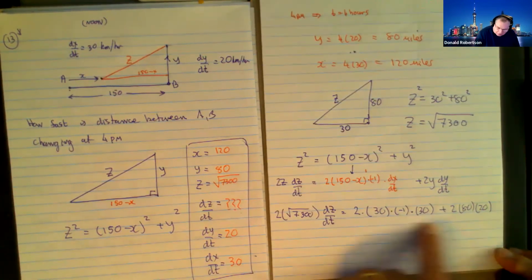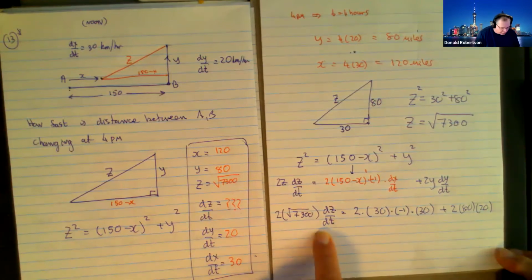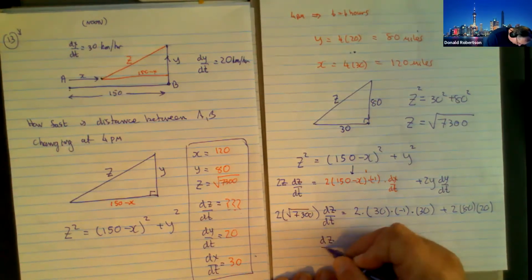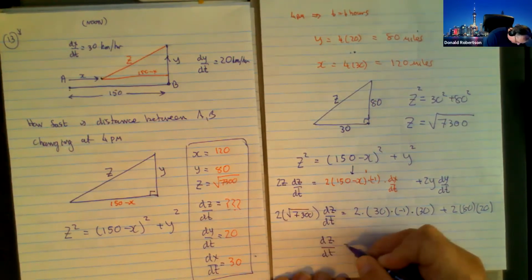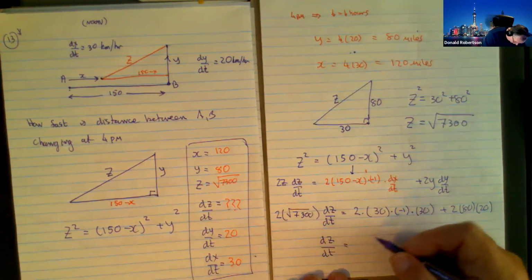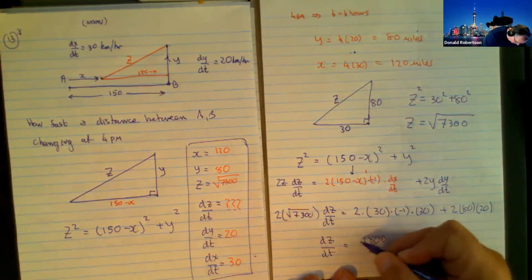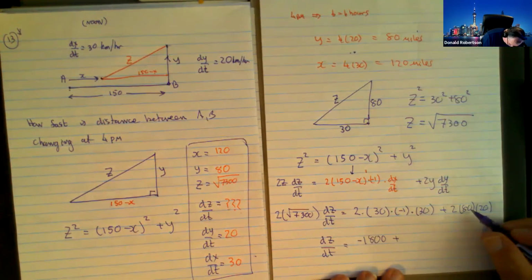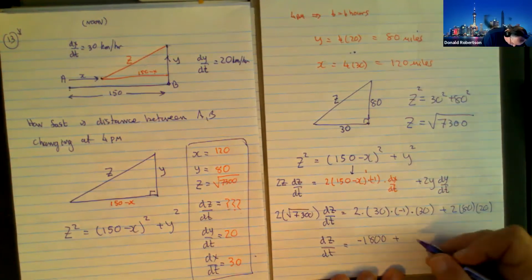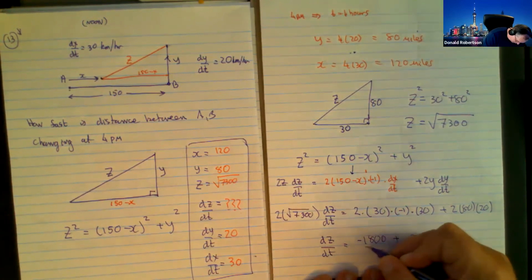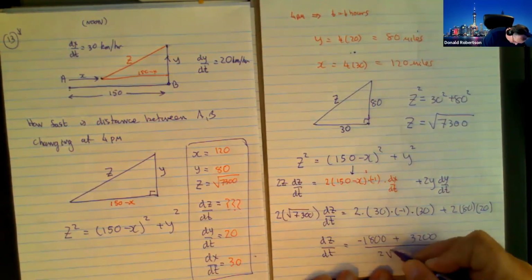Now, as big and ugly as that is, isn't that basically just a whole load of numbers that the calculator can deal with? And again, I'm not going to make any attempts to make things look too pretty. But if you multiply this guy by this guy, you get 900. Double it, you get 1800. And then stick a minus in front of it. And if you do this one, you get 100, you get 16, you get 32 of those guys. And it's going to be